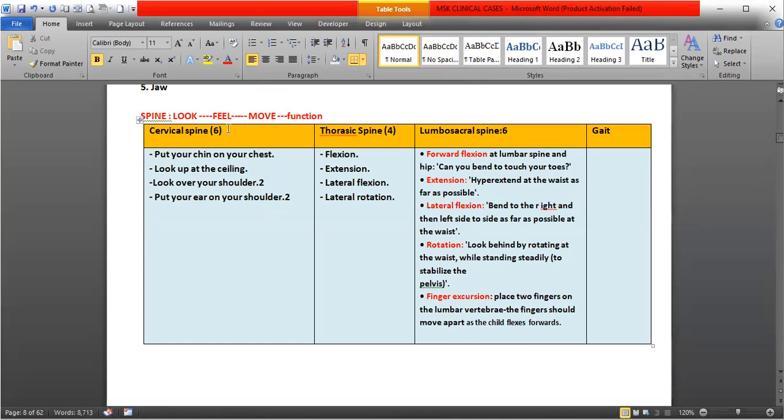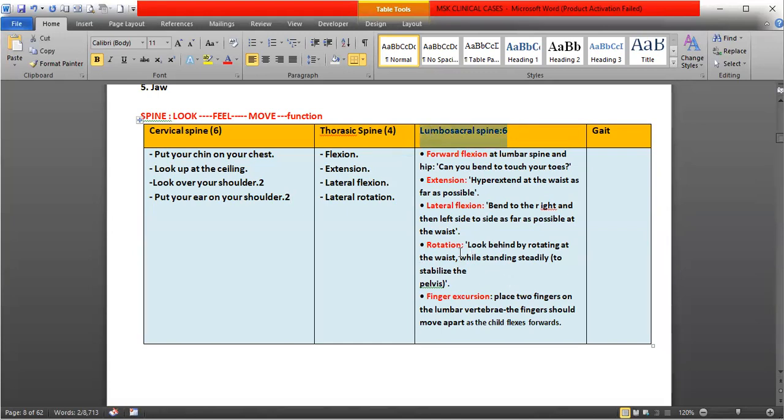Yes. So here in the cervical spine, there may be painful joints. So 6 movements in the cervical spine. In the thoracic spine, there are 4 movements again: flexion, extension, lateral flexion, and rotation. And lumbosacral, again, forward flexion, extension, lateral flexion, and rotation. Rotation movement in the thoracolumbar spine is only possible